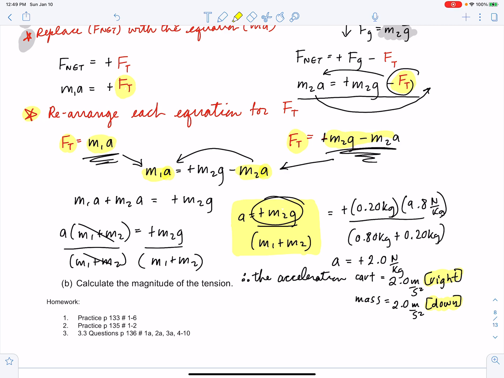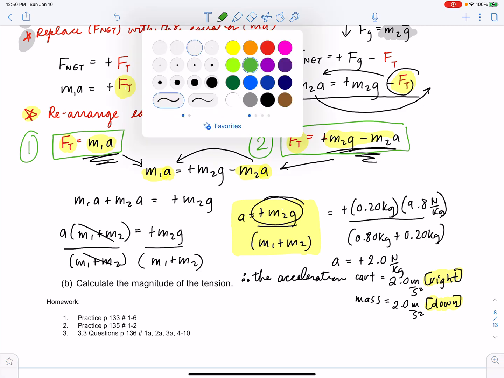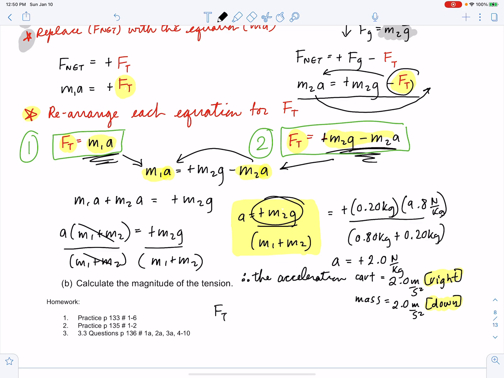All right. In part B, they ask us to calculate the magnitude of the tension. Now we actually have two equations for tension that we can use. We rearranged the free body diagram of mass number 1 for tension, and we rearranged the free body diagram for mass number 2 for tension. So we have two possible equations that we can use to find the tension. I'm going to use equation 1 because it's quite simple. The force of tension equals M1A, where